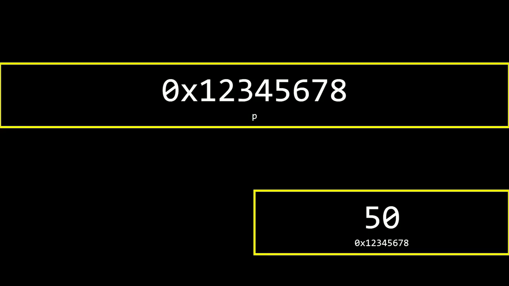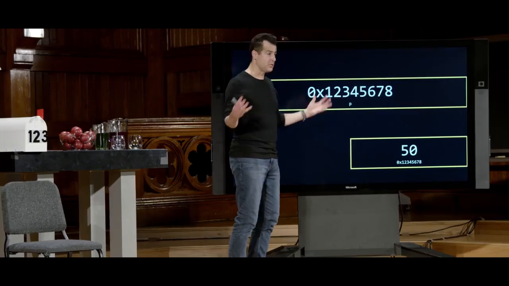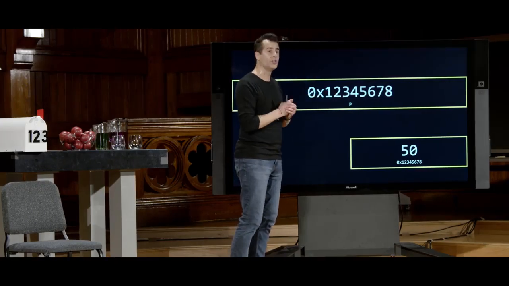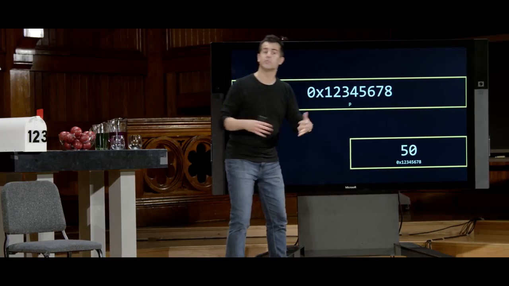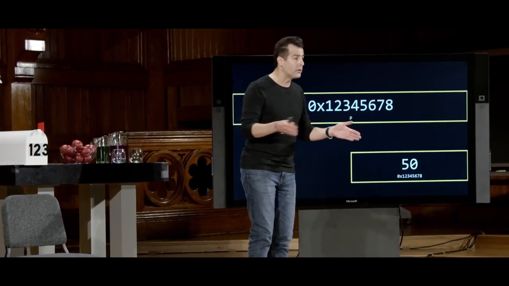But honestly, this is getting so low level, and even my eyes are glazing over as we start talking about these low level details. It turns out that pointers lend themselves to abstraction. And in fact, we can start to do that already. Let's just focus now, in the absence of memory, just on these two values. This big rectangle here represents a variable called p, which stores an address. This rectangle here represents another variable called n that's storing the number 50.